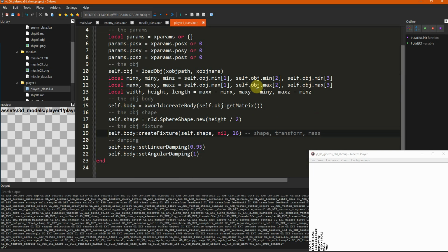So fixture, we need to create a local fixture variable equals self body create fixture.